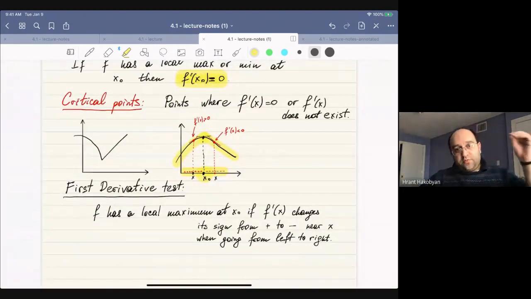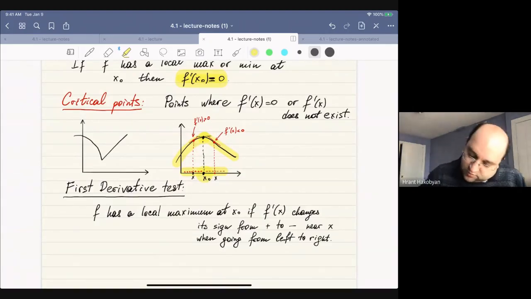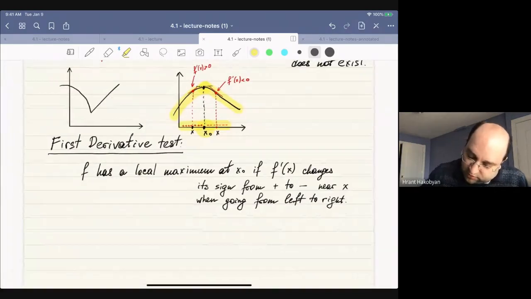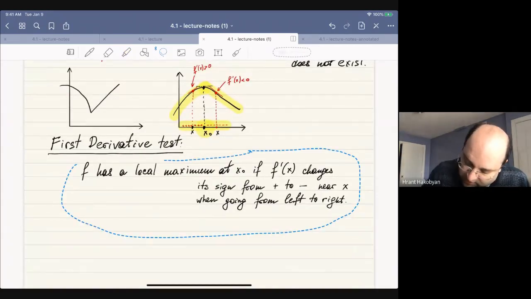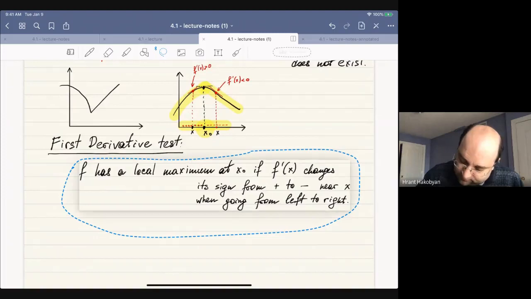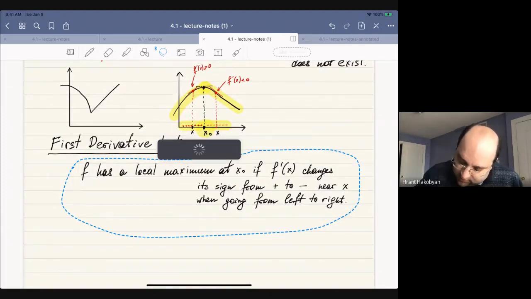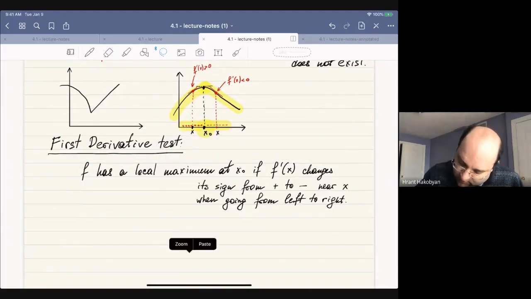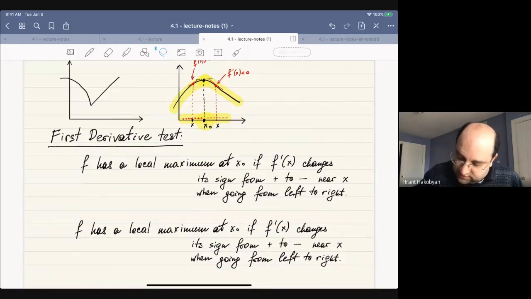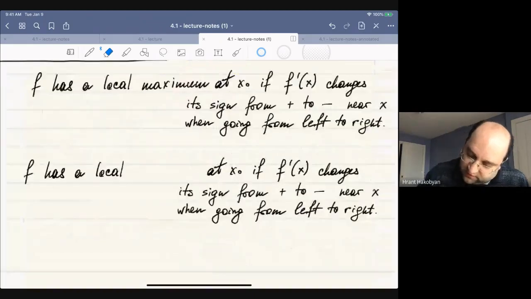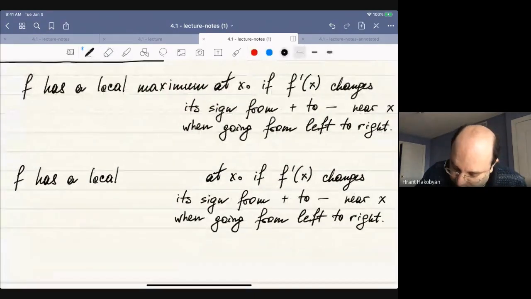So if it goes from plus to minus, it's going to be a local maximum, and similarly you have a local minimum. I'm going to just copy the whole thing and change it. Instead of a maximum, I have a minimum now. f has a local minimum